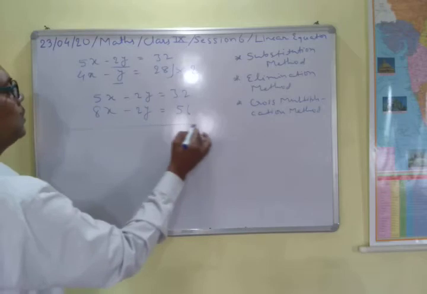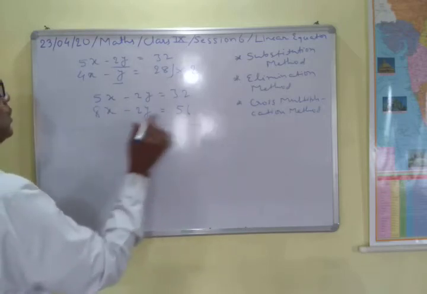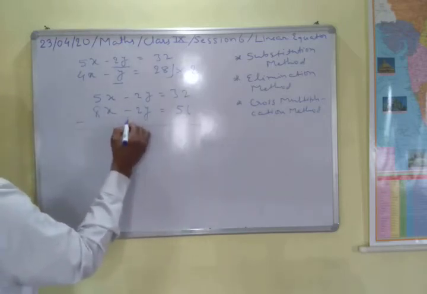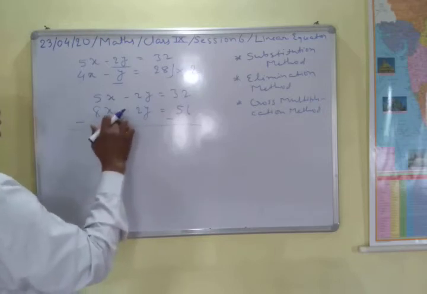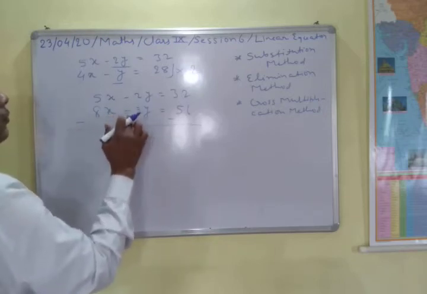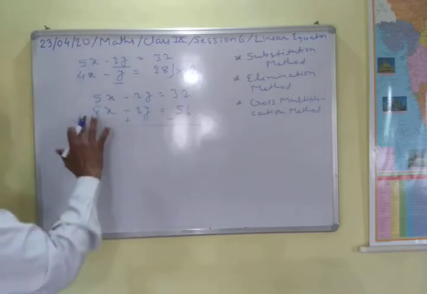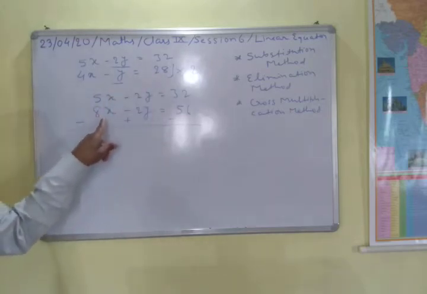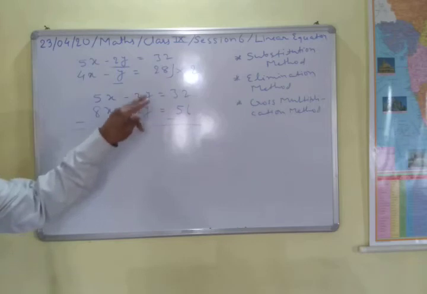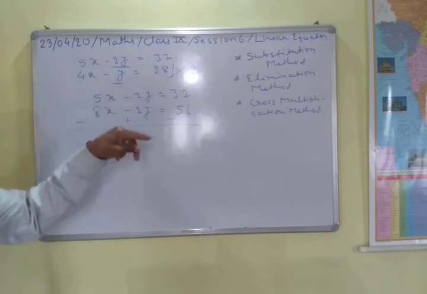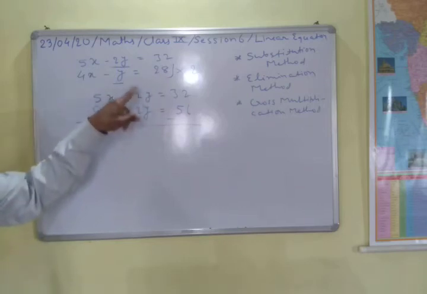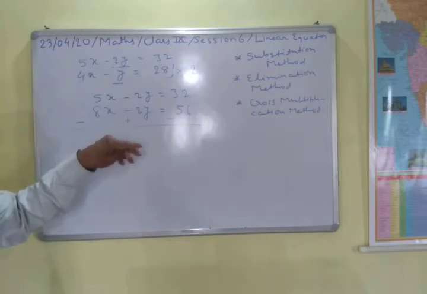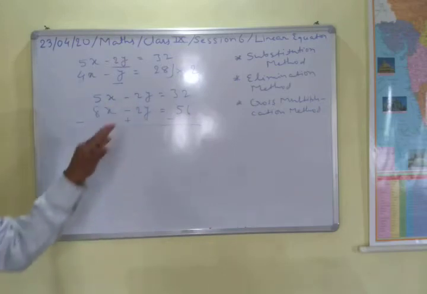So subtract this, then the sign of this equation will change. So minus and here plus and then minus. Now we will not use this sign, we will use this sign because we are subtracting this equation from this equation so that we can cancel these two terms. If you add these two, then it will not cancel. So by adding or by subtracting, we have to cancel.